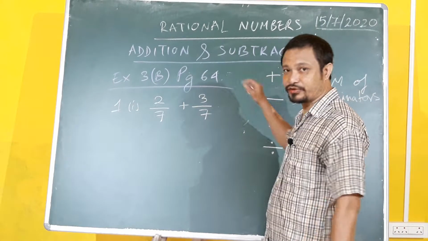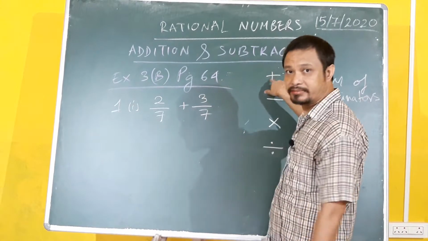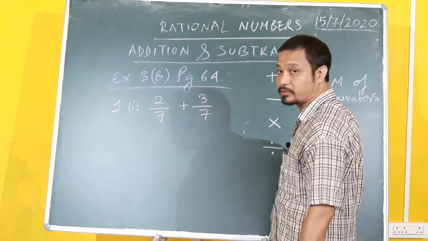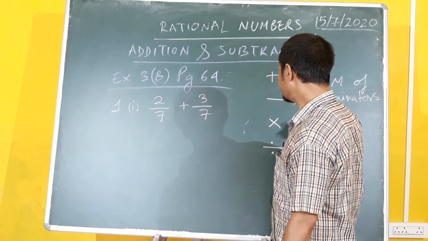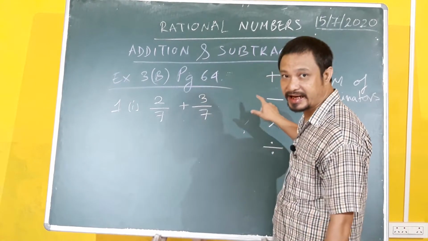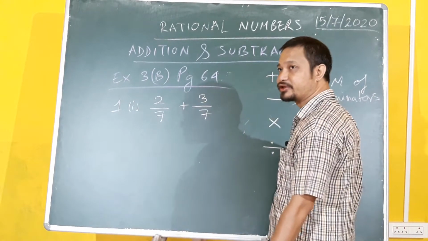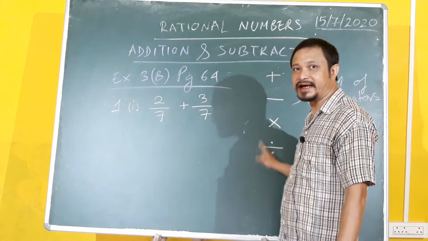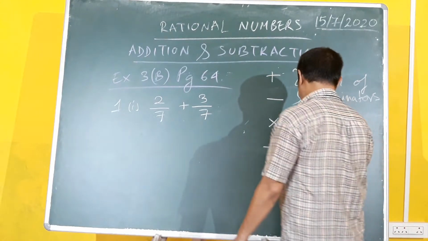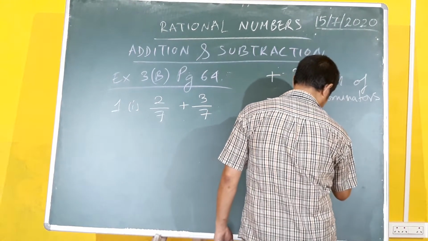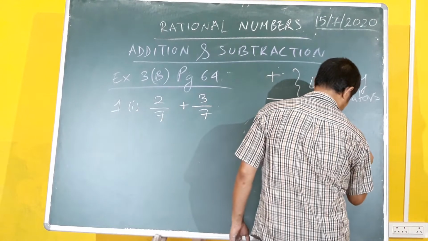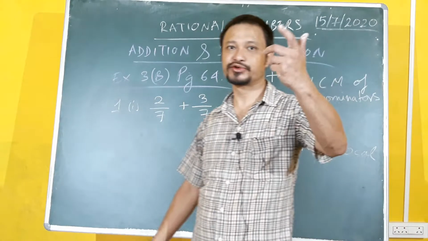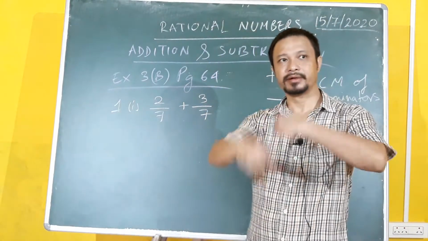So in case two fractions meet and the relationship between them is addition or subtraction, you need to find the LCM of the denominators, right? But if it's multiplication, you will directly multiply the numerator with the numerator and the denominator with the denominator. And in the case of division, you need to find the reciprocal of the second fraction. You need to twist it. What is reciprocal? You make it upside down.